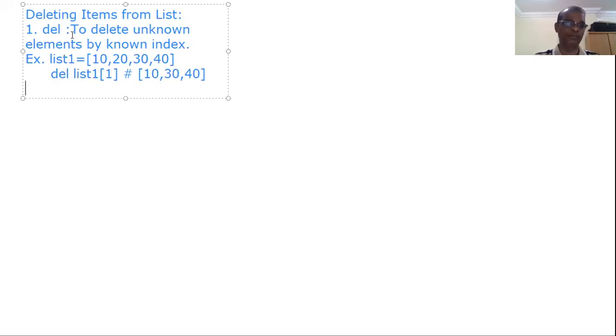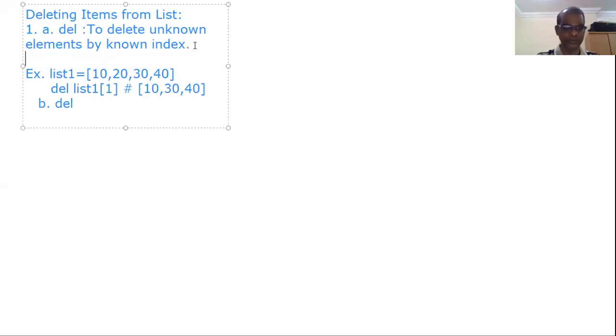This is one format. One more thing is there. Consider this as a syntax. One more syntax is del. The syntax is del list variable with the index in place.